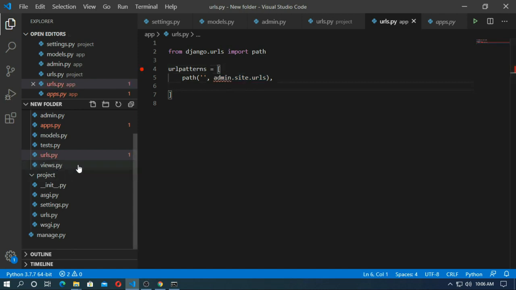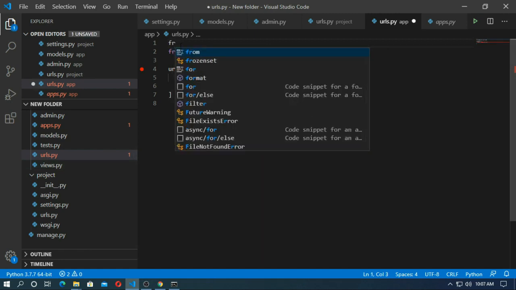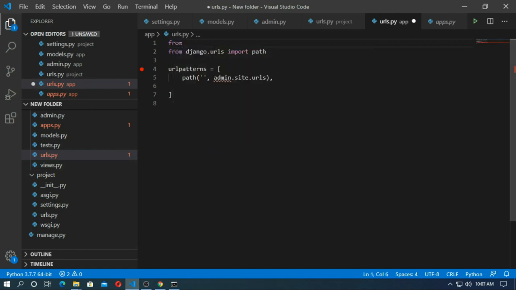In views.py we will create a video function. So here we just import the video function from .views, import video. Save it and change it to video.